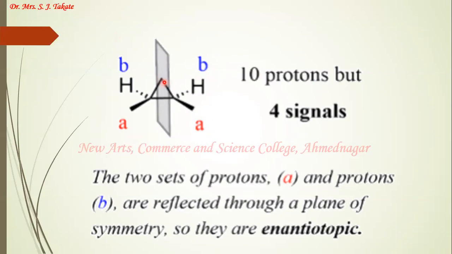Why are they not equivalent? Because, suppose, imagine that one proton comes in the front direction and one proton goes in a backward direction. The proton which goes in a backward direction is cis to the 2 hydrogens, and the proton which is coming in a front direction will be cis to the 2 methyl groups. Therefore these 2 methylene protons are not identical, and that's why we have 4 different sets of protons and we can get the 4 signals here.